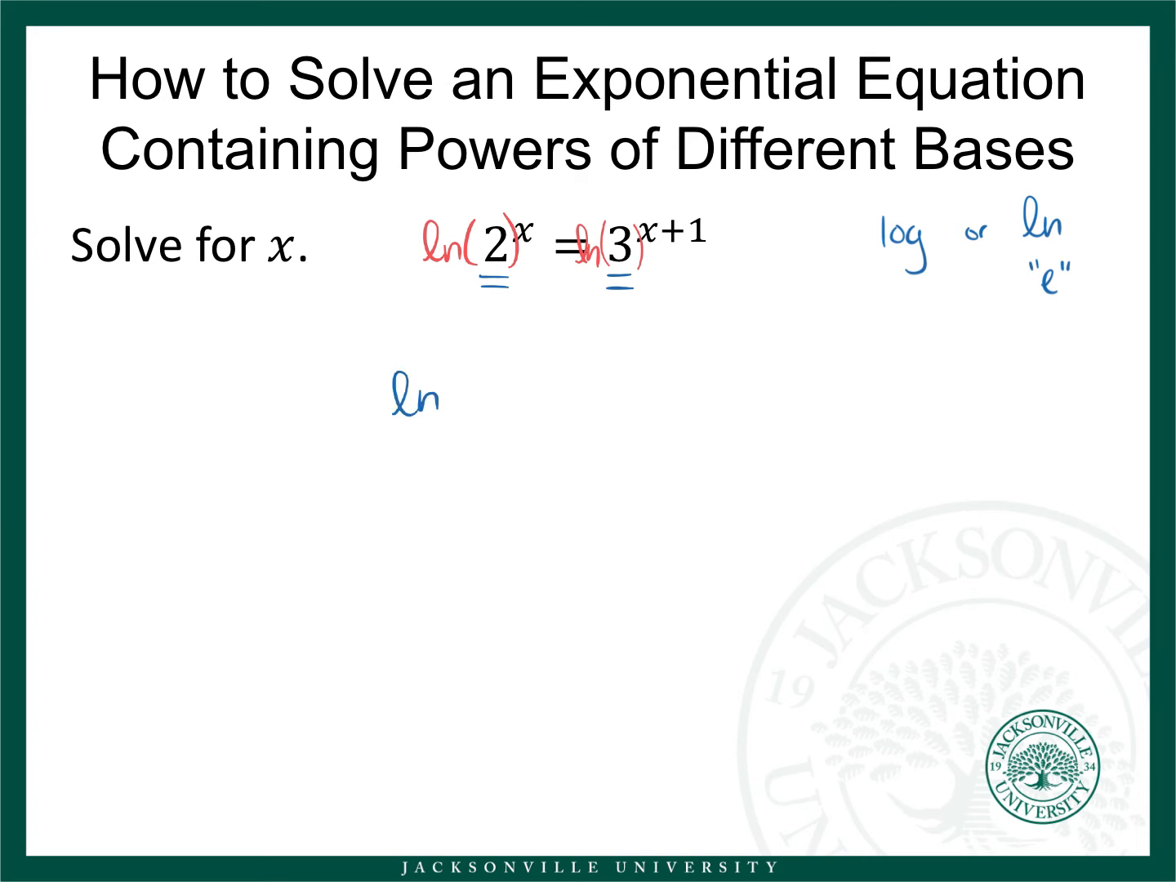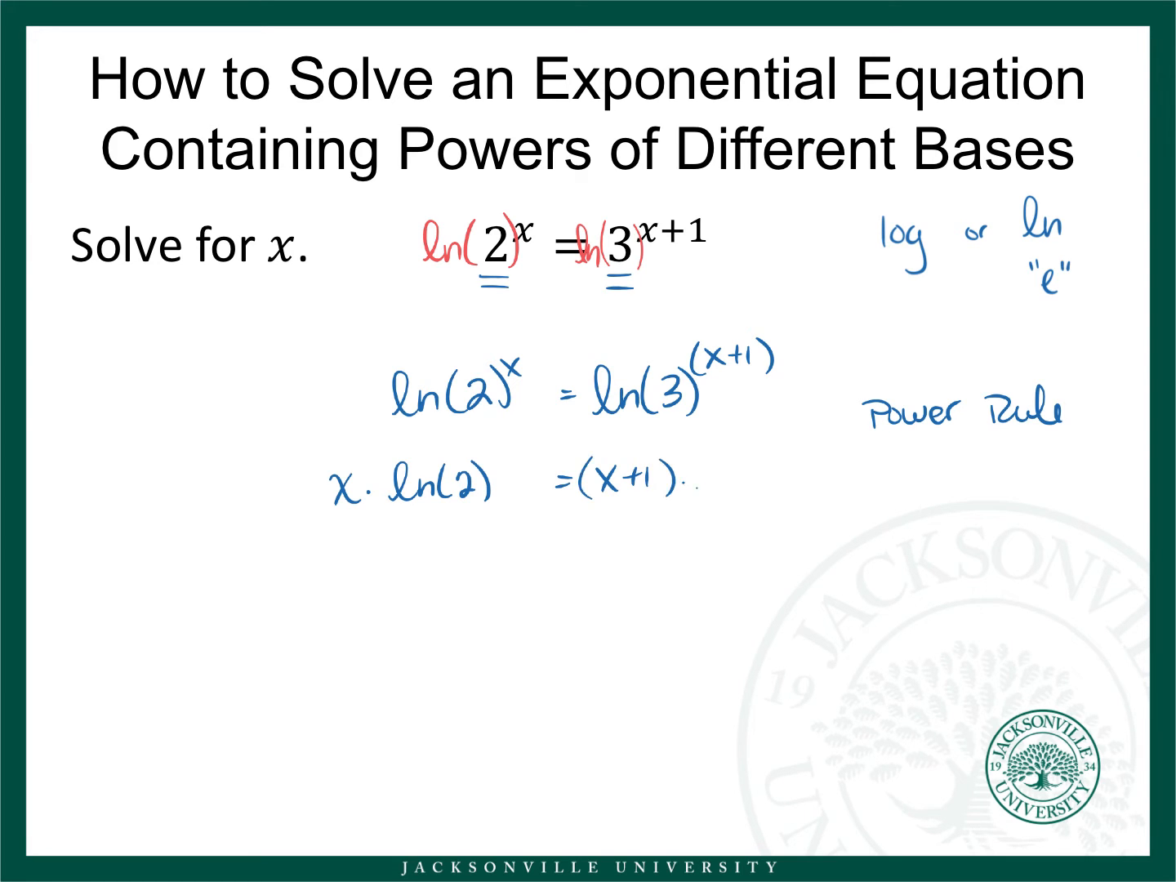So on the left, I've got the natural log of 2 to the x is equal to, on the right, the natural log of 3 to the x plus 1. And then now that I have it written like this, I can use the power rule. So you want to apply that power rule to rewrite each expression. So on the left, the natural log of 2 to the x is the same thing as x times the natural log of 2. And on the right, this is the same thing as x plus 1 times the natural